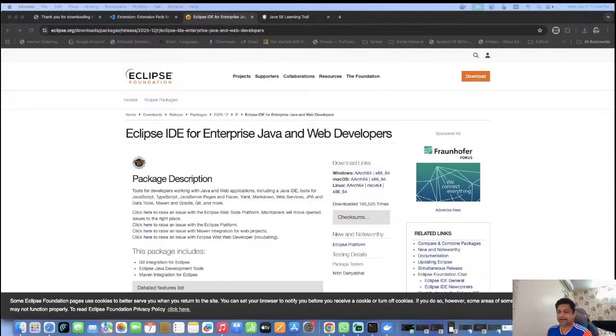So let me summarize all that we have covered. We installed Java first manually from the Oracle website. Then we also saw how to set up the path variables, JAVA_HOME, which is required for configuring the JDK. We used the JDK 25 version. I also showed you how to find out the architecture of your machine so that you can figure out what are the